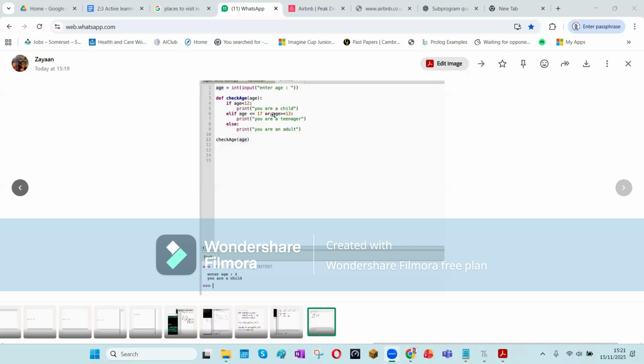It's something to do with my less than or equal to 17. Yeah, it's because you have used or there. Yeah. So when if it's greater